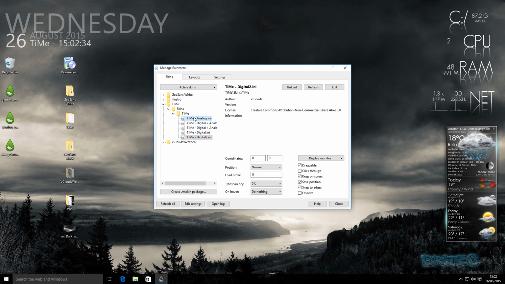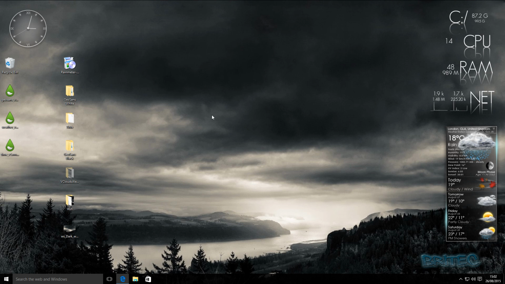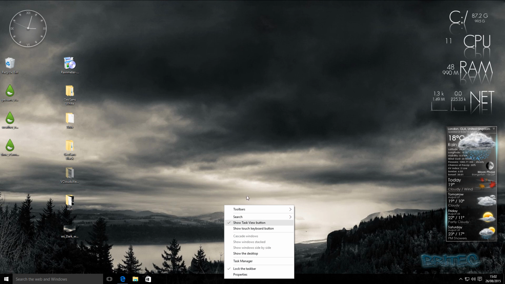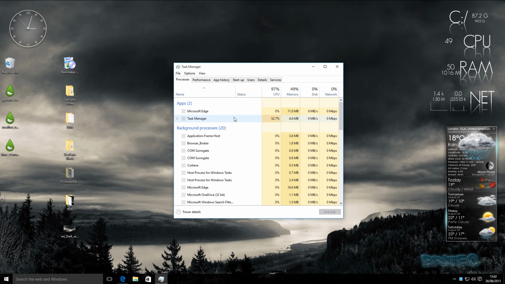Okay, so basically you can set it up how you like. If you just want the clock on there, then so be it, you're done. And pretty much that's it. You can just continually add stuff, and how you want to do it. Now obviously this is a virtual machine, but it will use up some resources obviously. You can check here, I'll just quickly show you some of the resources here for Rainmeter